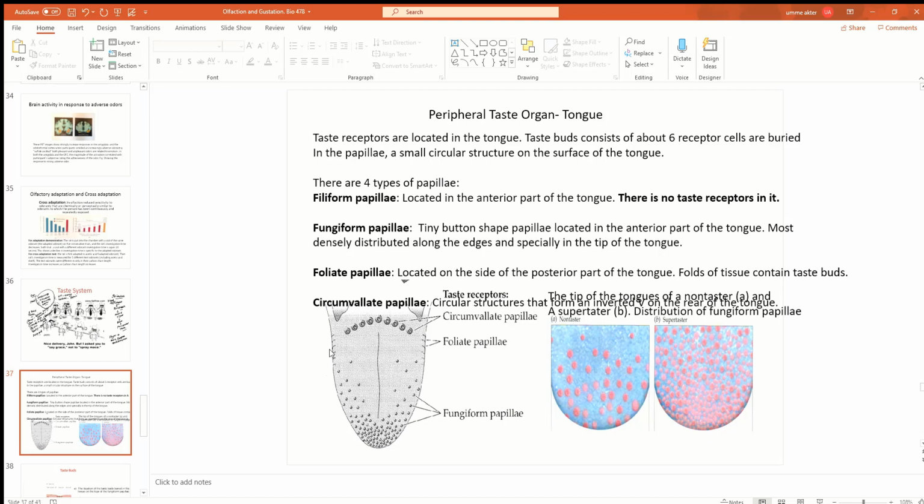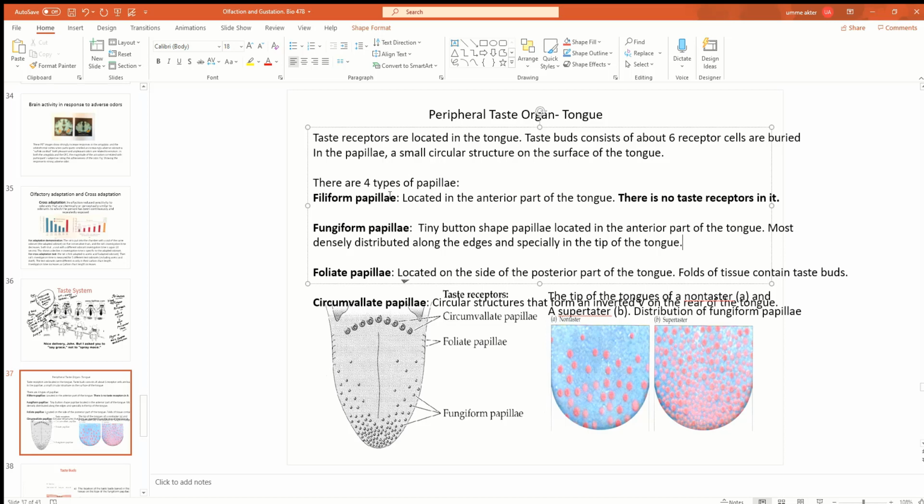The peripheral organ for the taste or gustation is the tongue, and the tongue gives the perception of taste. You know that this is the peripheral organ, but it has many other functions, like production of speech, digestion of food, mixing the food with saliva, and swallowing of the food. But one important function of the tongue is that it has the receptors for taste, and there are four different types of